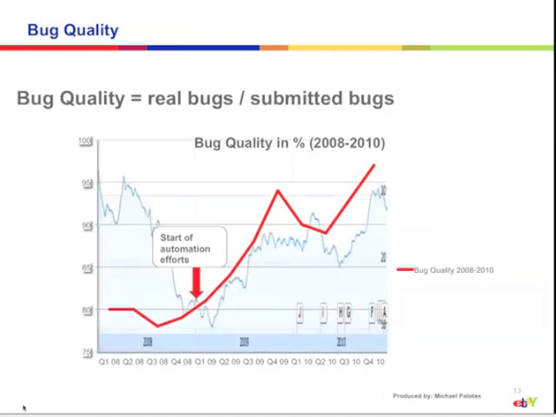All right, so this overlay actually has nothing to do with bug quality or anything. Not sure if anybody knows what that is. This is the eBay stock price over the same period of time. Again, not sure if we were the driver for the stock price or the other way around. I'm still trying to figure that out. I just saw this a while ago and thought, I've seen that kind of chart before. So I overlaid the two, and it actually fits quite nicely. Good.